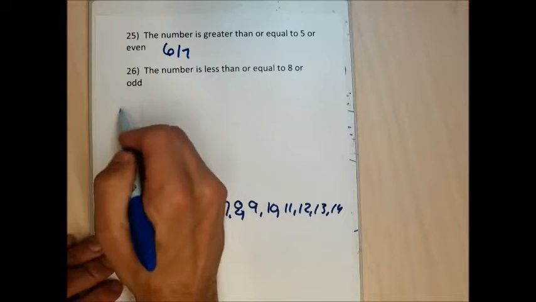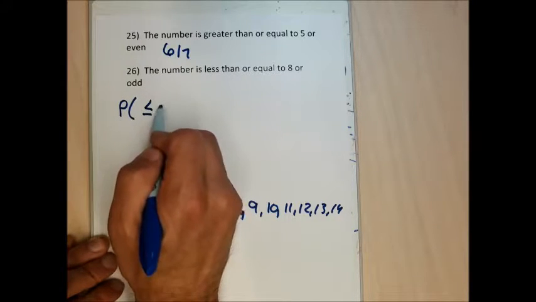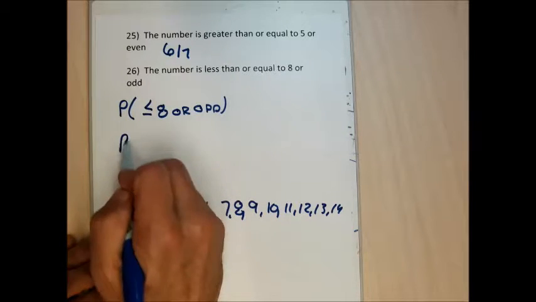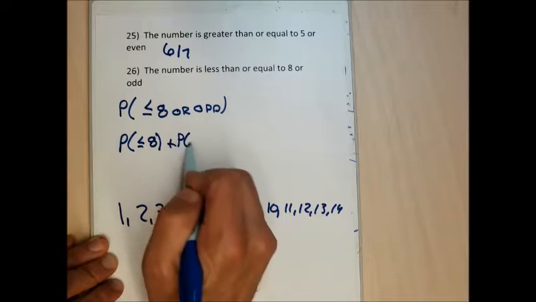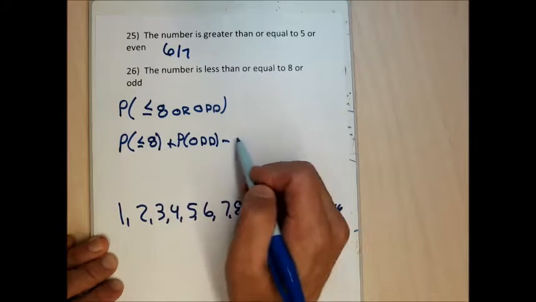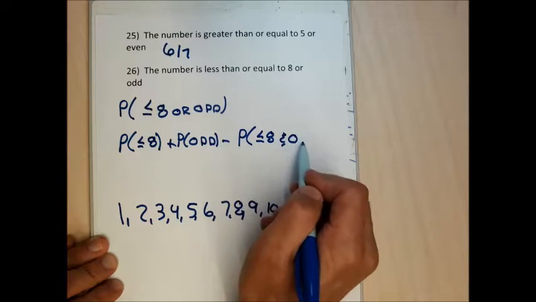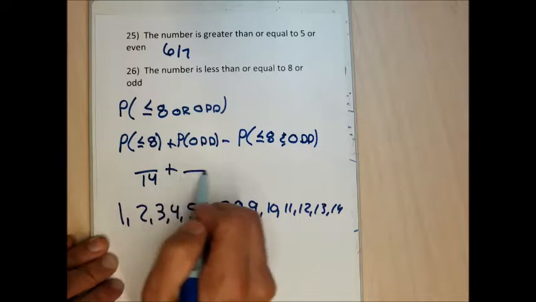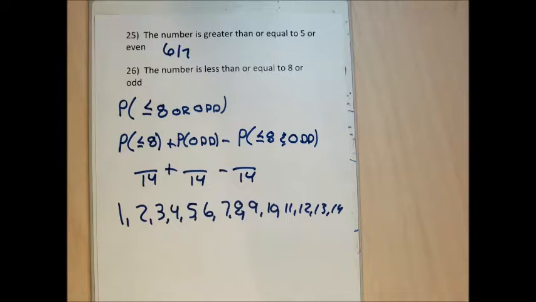For 26, I want to do the probability I get a number less than or equal to 8 or an odd. That's the probability that I get a number less than or equal to 8 plus the probability that I get an odd, less the probability that I get a number less than or equal to 8, and it's odd. Each one of these fractions is going to have a 14 in the denominator because there's 14 different numbers